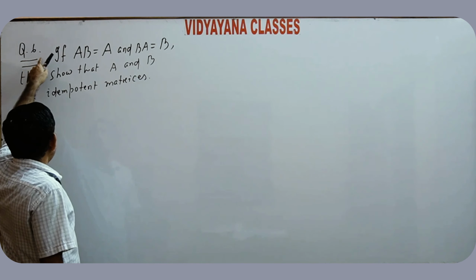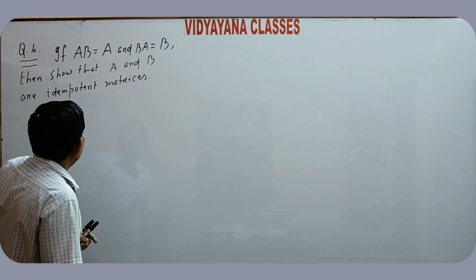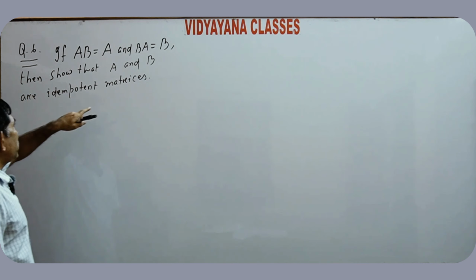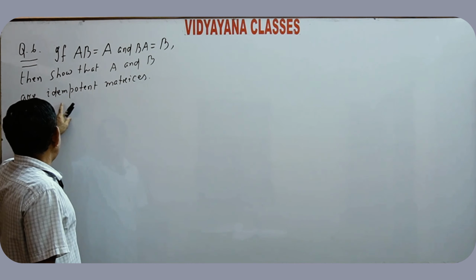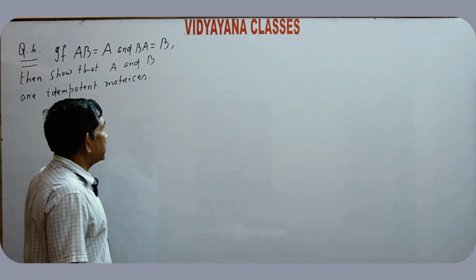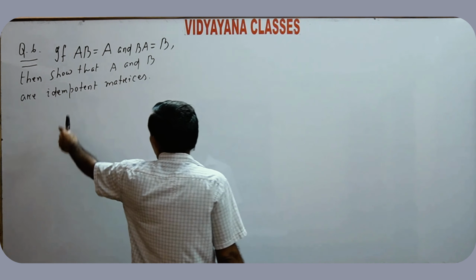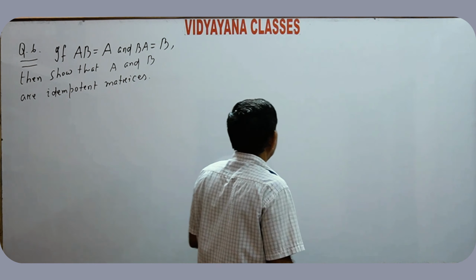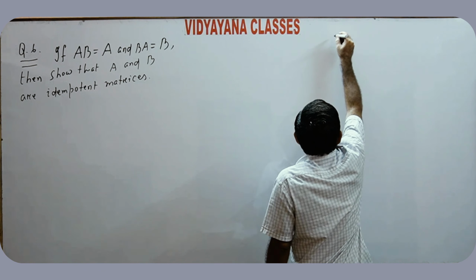Next, question number 6. If AB is equal to A and BA is equal to B, then show that A and B are idempotent matrices. What is an idempotent matrix? Note,